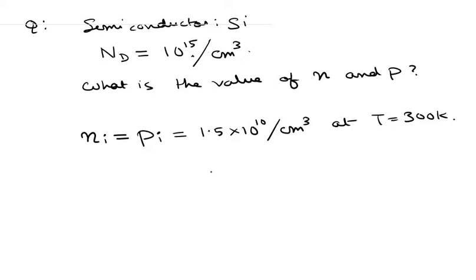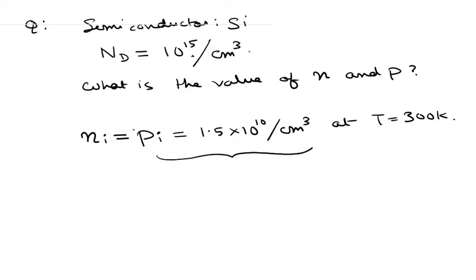Okay, so this number, this intrinsic electron or hole concentration, is basically a property of that semiconductor. Pure silicon is always going to have 1.5 × 10^10 per cm³ of carriers in the conduction and valence band at T = 300 Kelvin. For germanium or gallium arsenide, this number is different. But for pure silicon, whichever source we derive it from, the intrinsic carrier concentration is always going to remain the same at T = 300 Kelvin.